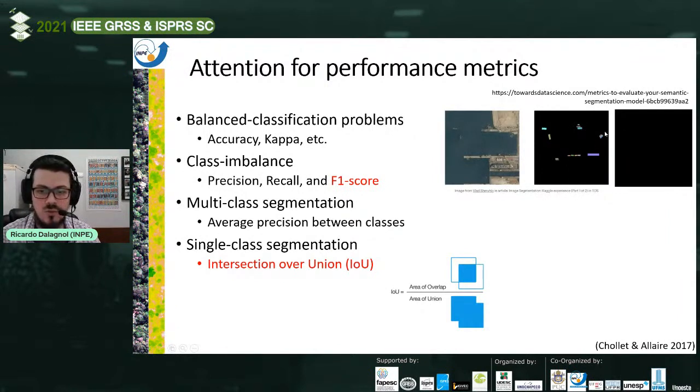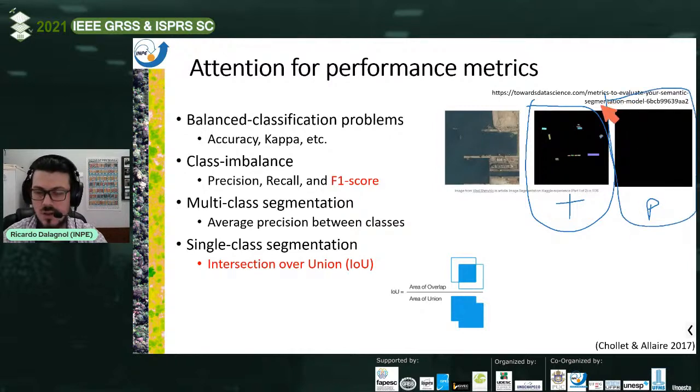Let's say we want to segment these boats, and let's say this is the training data, and this is the prediction. So if you take into account the accuracy of this model, it will probably have like 95% accuracy, even though it didn't map anything,